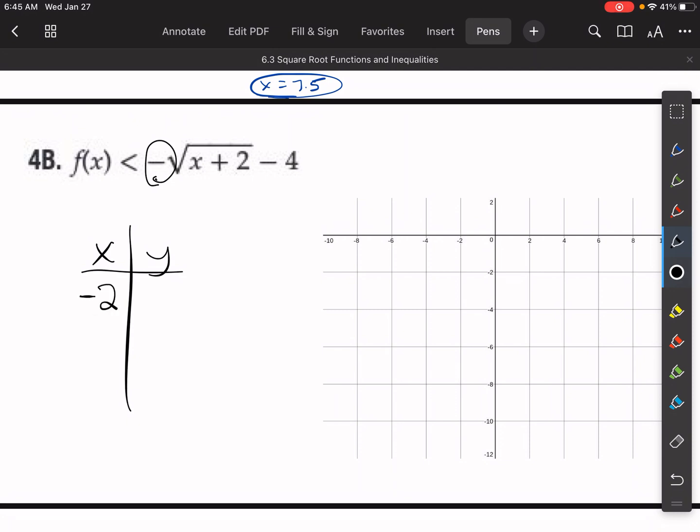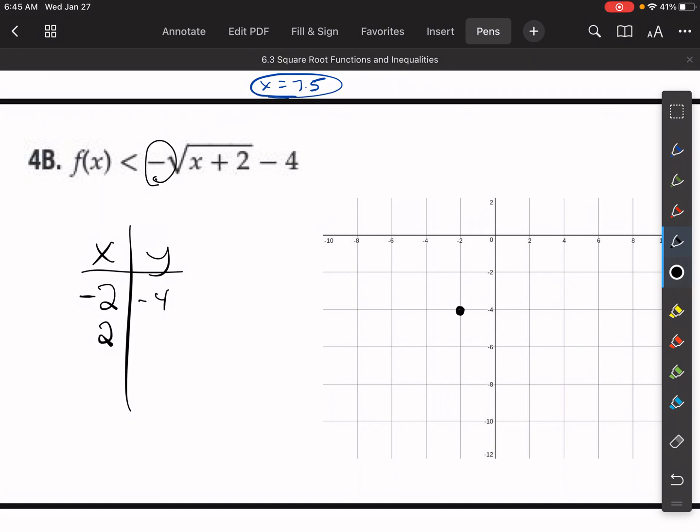Let's plug a negative 2 in, where it starts. If I plug a negative 2 in, I get 0. Negative 0 minus 4 is negative 4. So at negative 2, I'm at negative 4. That's my starting place. If I plug a 0 in, I get something that's ugly. If I plug a 1 in, it's ugly. If I plug a 2 in,